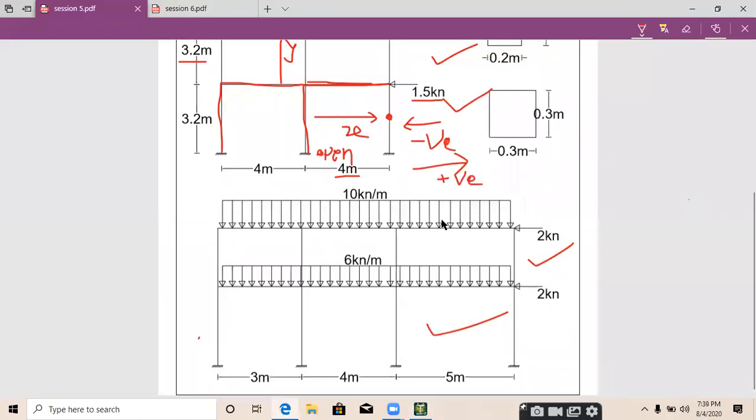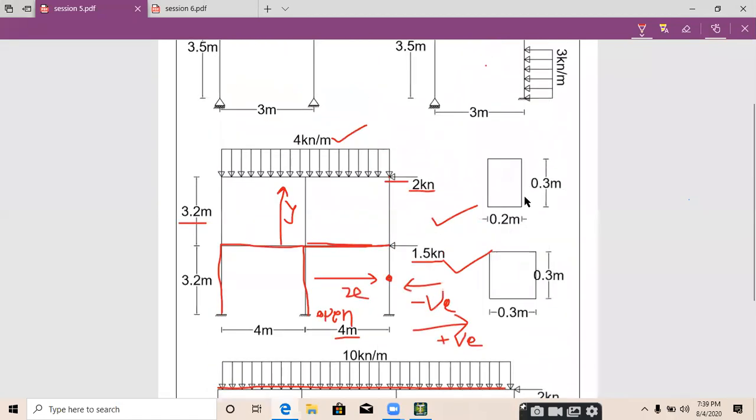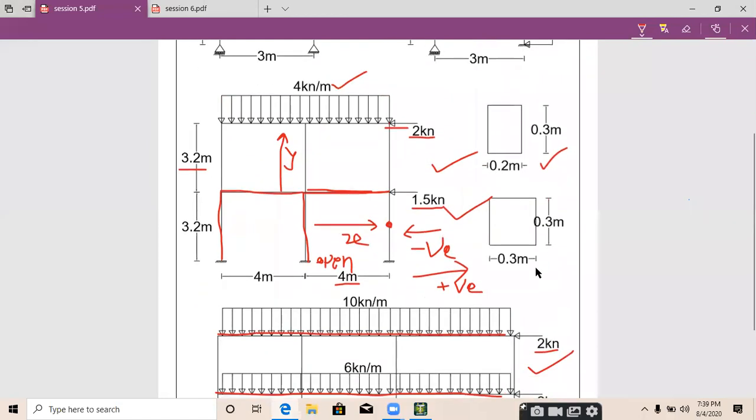You need to apply a 10 kilonewton per meter load on that particular beam, a 6 kilonewton per meter load on that beam, and a 2 kilonewton point load or nodal load in the x direction, with a negative sign. For properties, take the same: beam 0.3 by 0.2 and column 0.3 by 0.3.